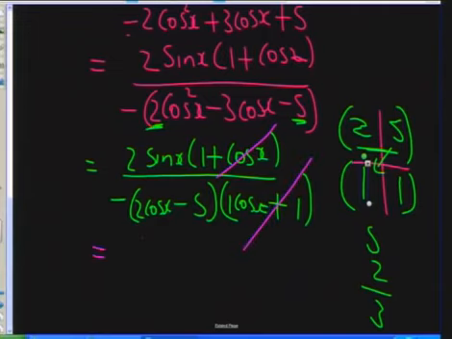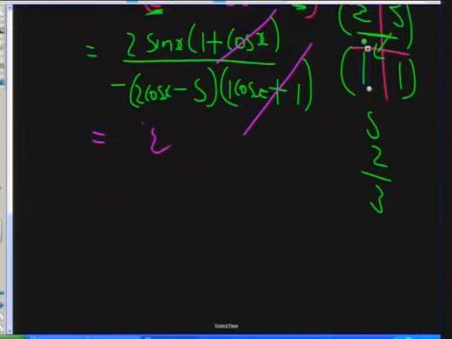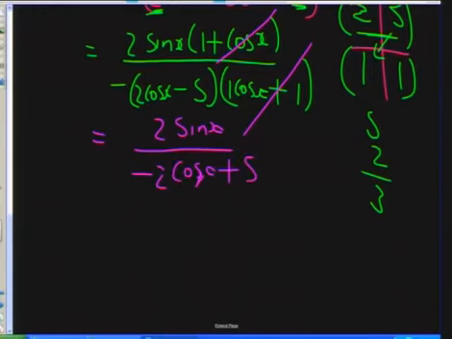I have 2 sine x. If I distribute the minus, I get minus 2 cos x plus 5, which is 2 sine x over 5 minus 2 cos x,